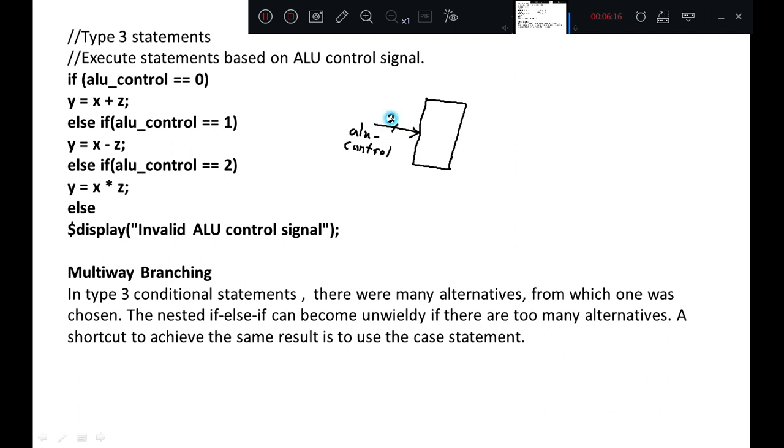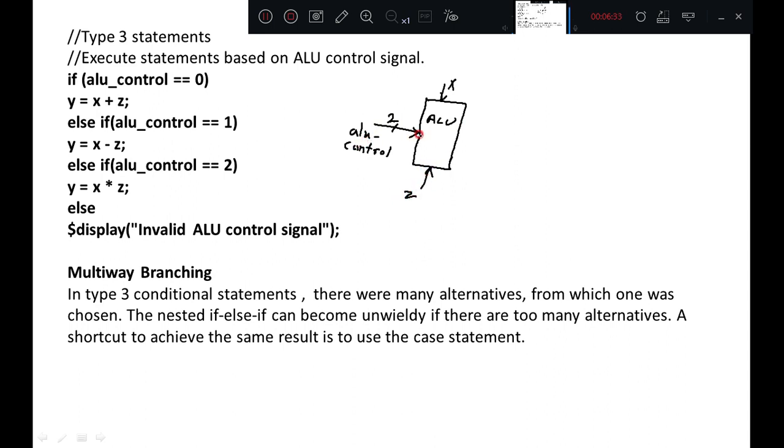The size of this ALU control is, say, suppose 2 bits, and this particular ALU block has two inputs, one is X, one more input is Z.